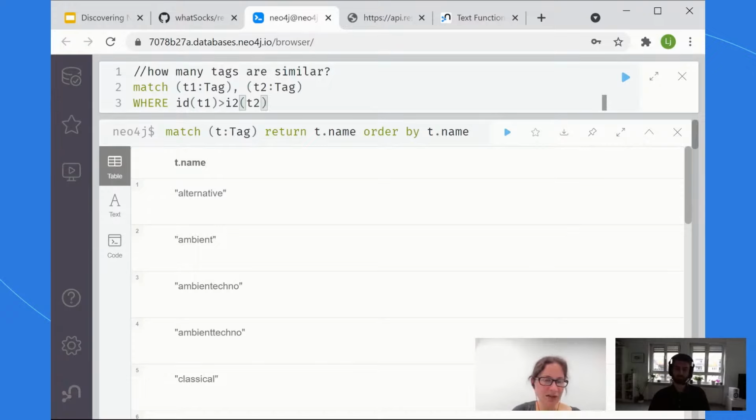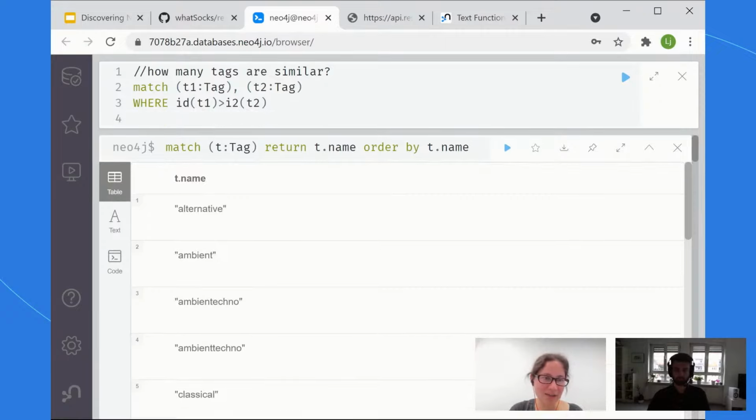So let's do this. This where clause here is just making sure that I don't compare the tag against itself, and I'm cutting down so that we don't do the reciprocal tag comparison. This ID just refers to the internal ID of the node. Every node and relationship in the database has its own internal ID, and this is what I'm using to check against that. So what we're going to do here is return